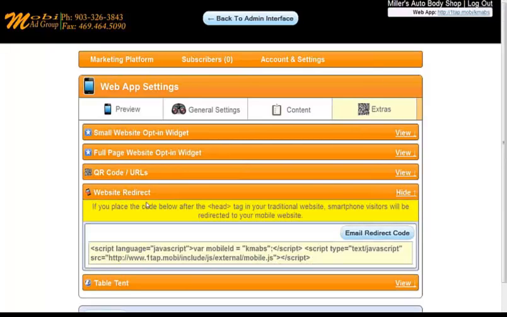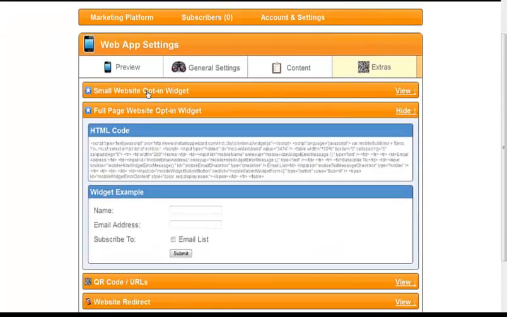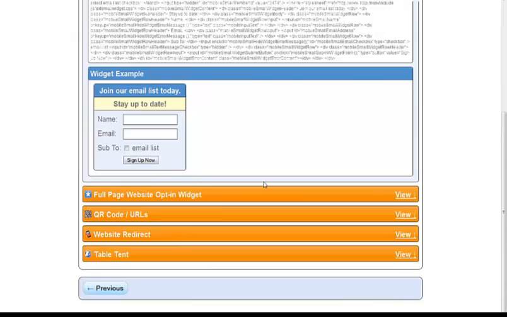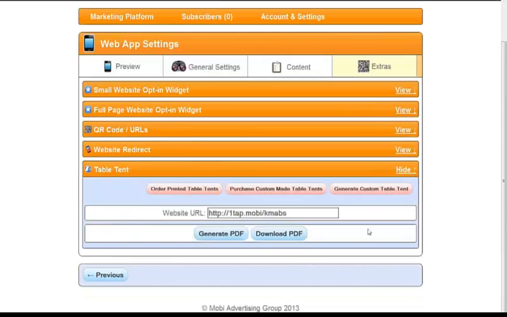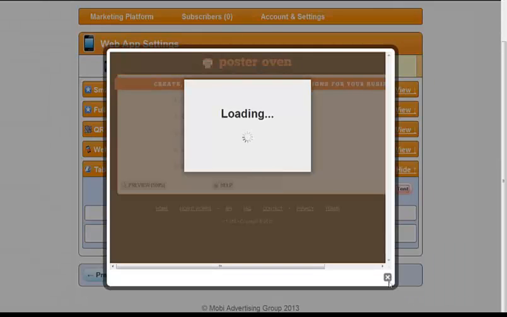This is the website redirect that I was talking about a while ago. QR codes. Are you using this opt-in widget on your websites? Are you setting up sites to use that? Your table tents: we just talked about generating your custom table tent with Poster Oven.